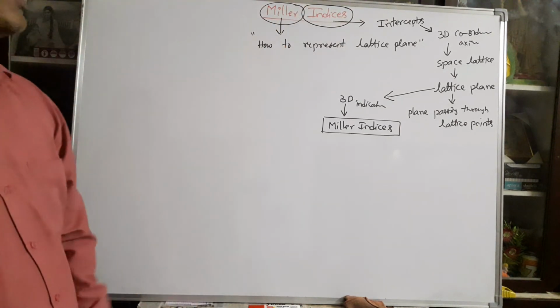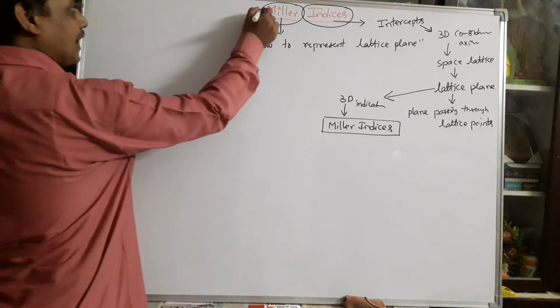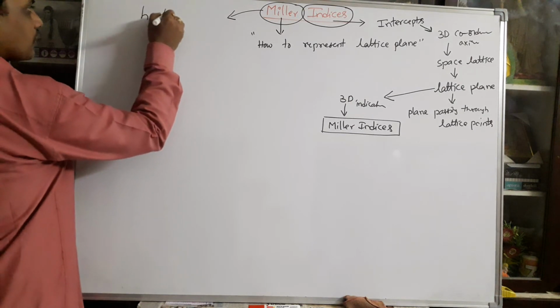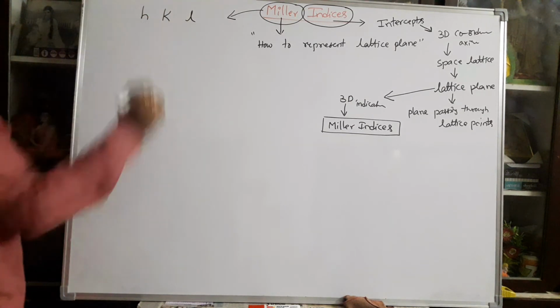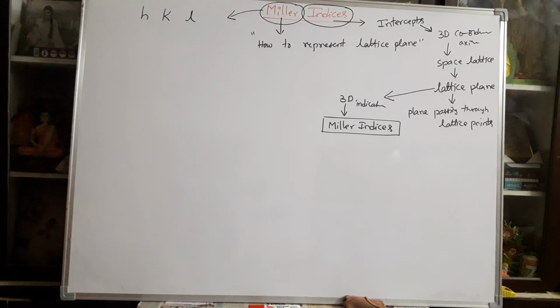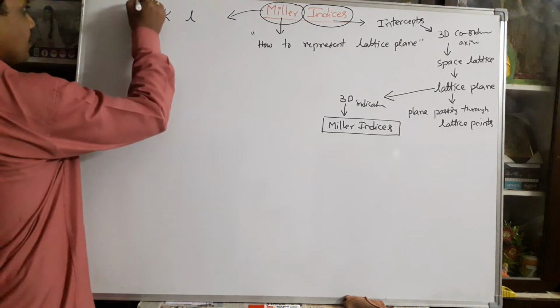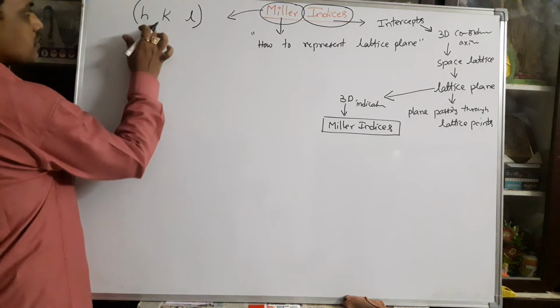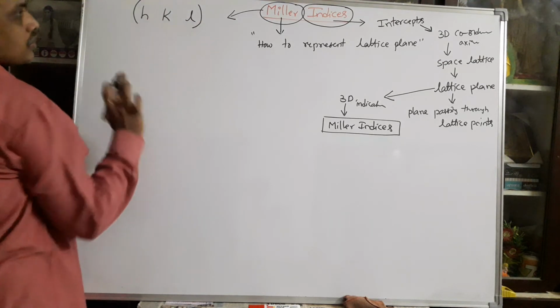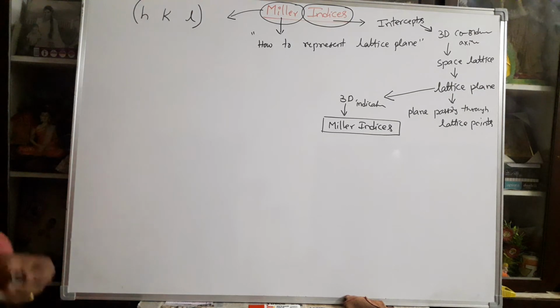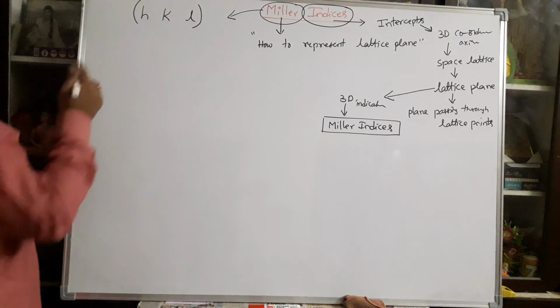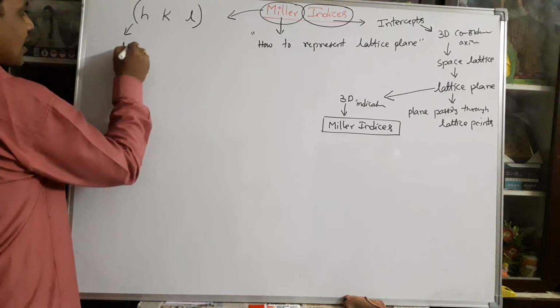How are the Miller indices obtained? Generally, from our practical point of view, Miller indices are indicated by the letters h, k, l. These three are small letters. h, k, l are the Miller indices. Lattice planes are indicated in curved brackets. In between the letters there is no need for a comma or colon or anything. So Miller indices are indicated by the letters h, k, l within curved brackets. This curved bracket indicates that this complete structure is a lattice plane,